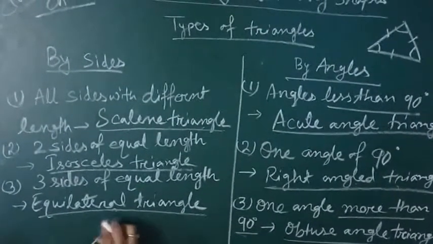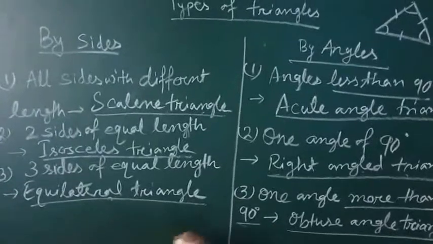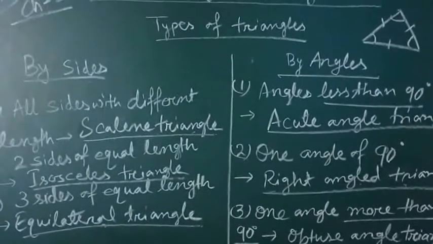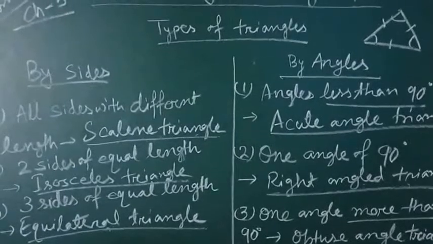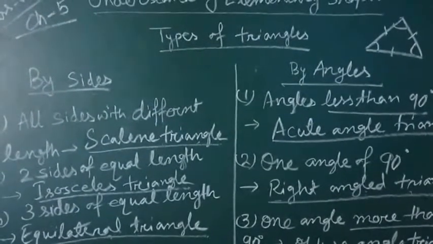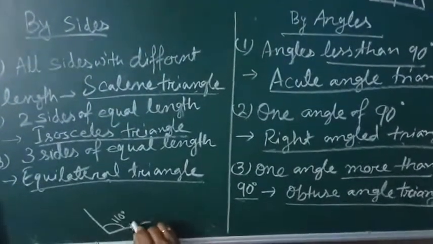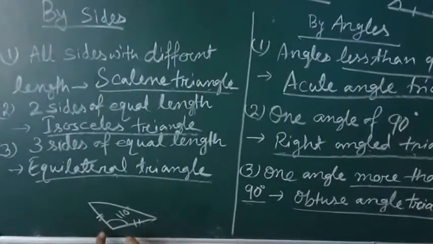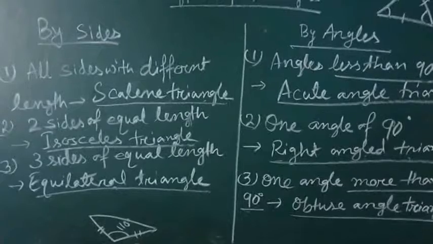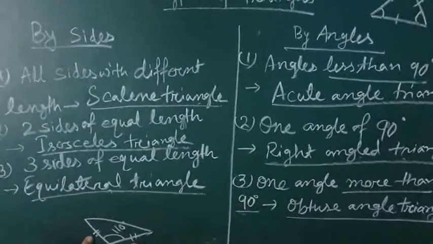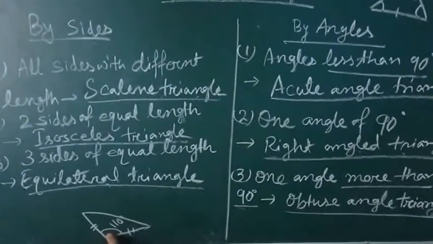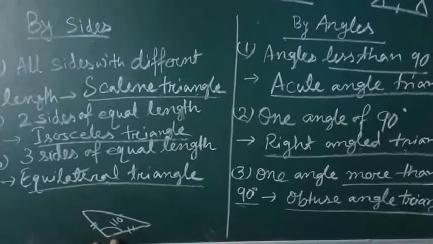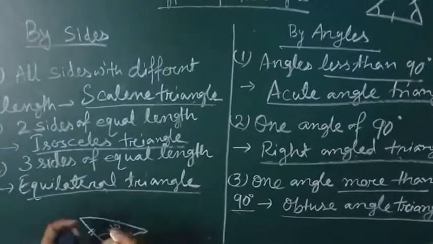Suppose you are getting one triangle where two sides are equal and one angle is 110 degrees. These two sides are equal. You are getting a triangle of that kind. Yes, it is possible. So what type of triangle will it be? What will you call it in this case? Two sides are equal, I have marked it like that, and one angle is 110 degrees. So what will it be called? It will be called an isosceles obtuse angle triangle. So let's come to this exercise.